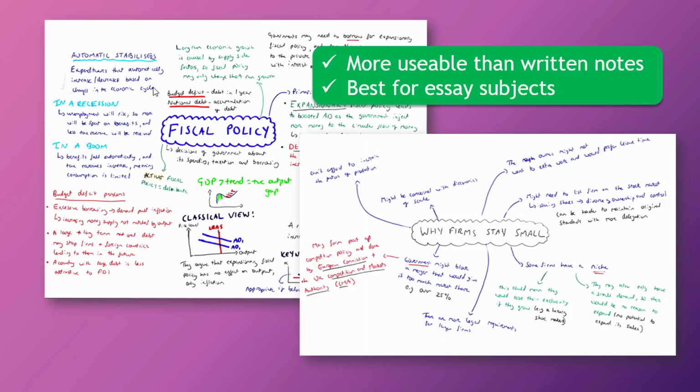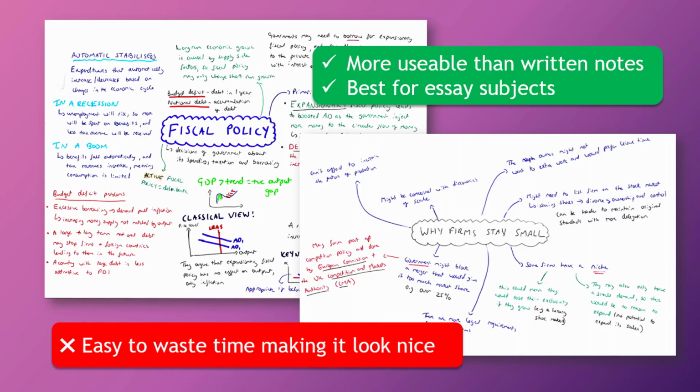So computer science isn't an essay subject per se. There are longer mark questions, so there are definitely some topics which are more appropriate for this than others, but it's obviously down to you. The downside is that it's very easy to waste time doing this, because you want to make it look nice. That was definitely my issue. I'd want to make it look nice, which is ironic because they don't look nice at all. But I don't know, with written notes, when you're doing just a standard page of written notes, I guess you don't care as much about the colours and how everything's fitting together, so maybe that was an issue.